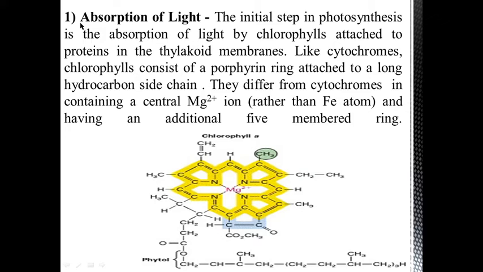Now the first stage is the absorption of light. During the daytime, light is absorbed by the plants. In the grana of plant cells, a number of light harvesting complexes, or antenna complexes, are present, and the antenna complexes absorb specific wavelengths of light. Now the wavelength of light